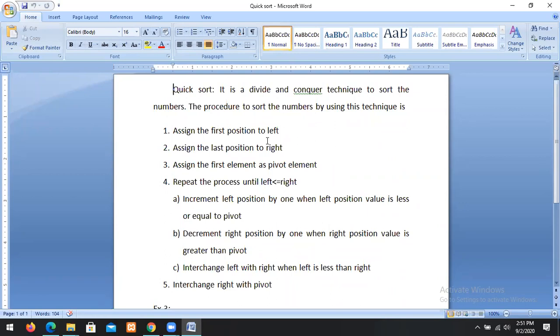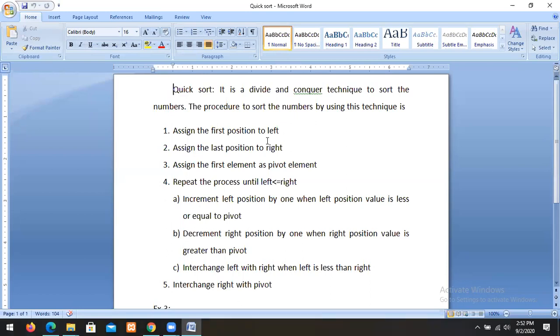Always assign the first position to left. First position is 0, so the 0th position is left. N minus 1, the last position, to right. Then assign the first element as pivot. Then you have to perform the operation repeatedly until left is less than or equal to right.